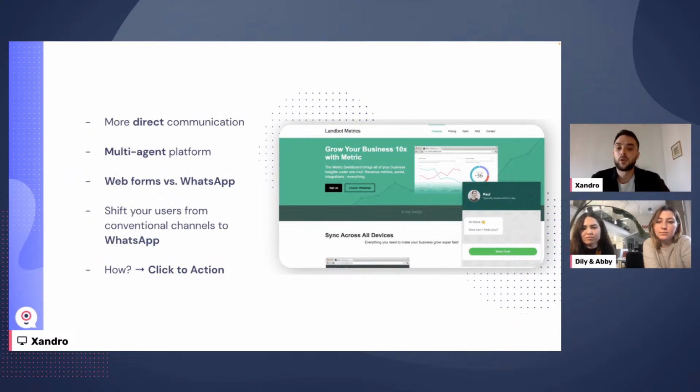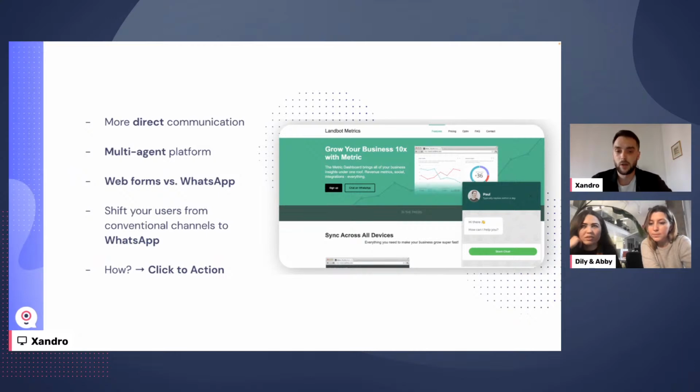Because also if you want to follow up with them with your request, you need to fill out the form again, and we all know that's not really going to help, no? So instead, why not shift your users from email or web forms to an automated WhatsApp bot that, in case you need to, can pass you on to a live agent. You'll have quicker response times, and clients will be much happier since they'll be getting real-time responses.